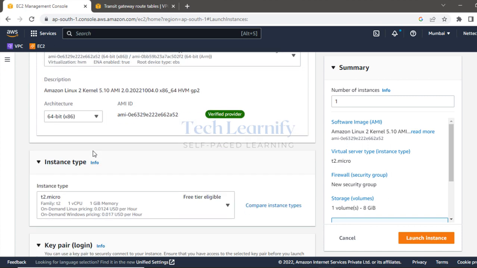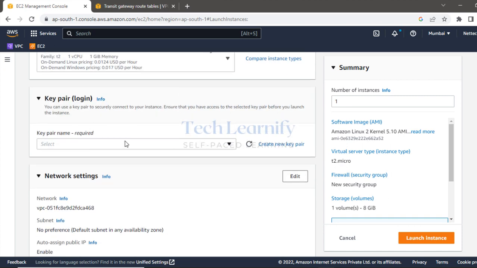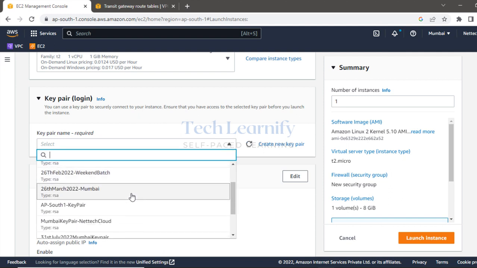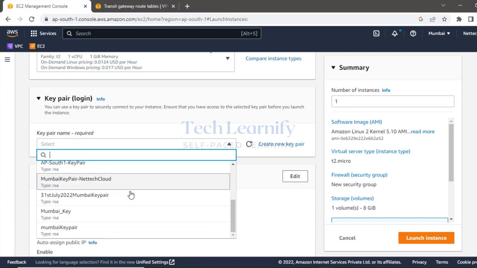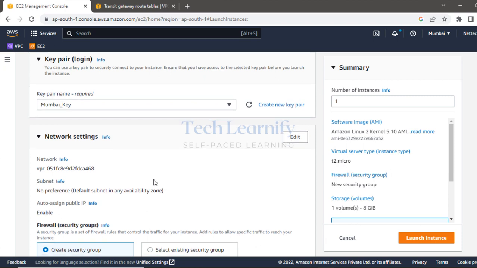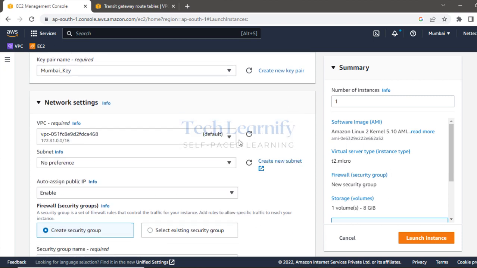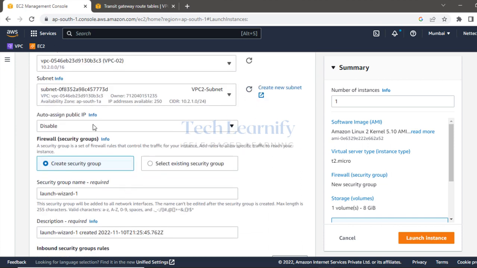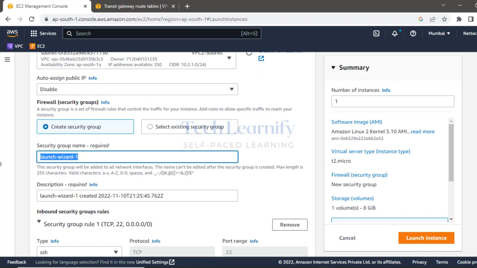One Windows, one Linux machine, t2 micro, key pair, select that. So I selected key pair and then edit network. This time VPC2, public IP, no, not required. Then again here permit all or any,